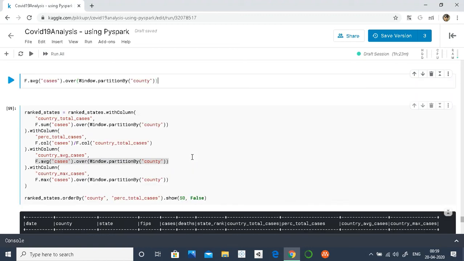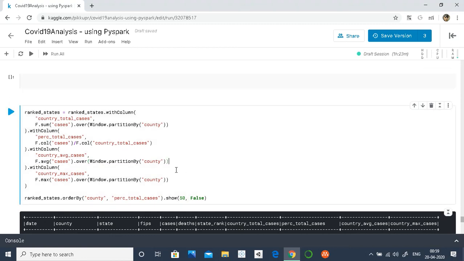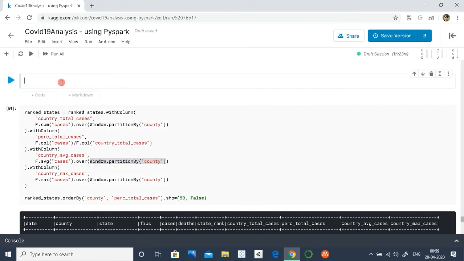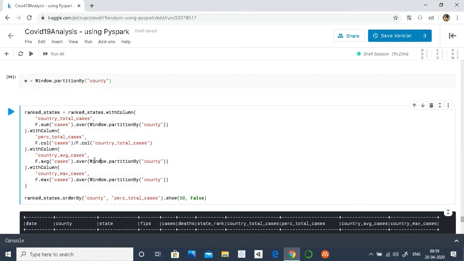For example, I can just assign this condition to a variable, for example window, and I can just use it here. And I'm also using it here.